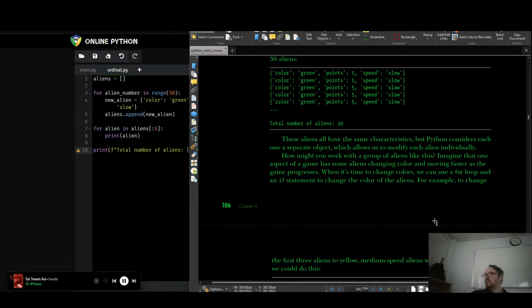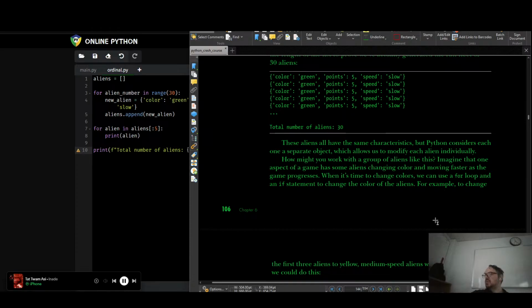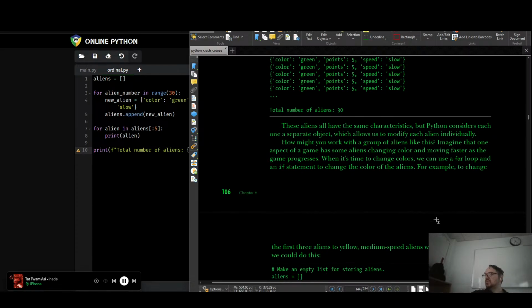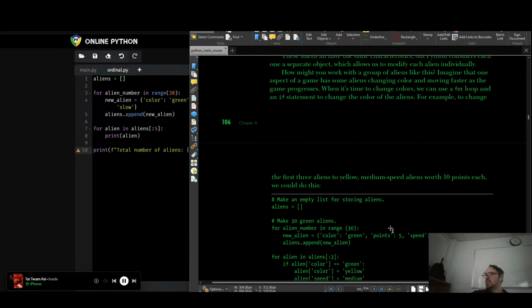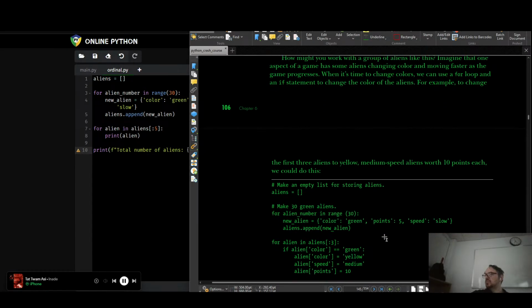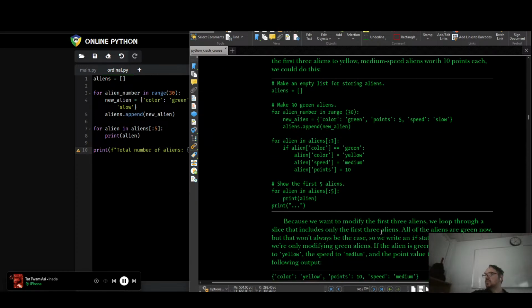For example, to change the first 3 aliens to yellow, we could do: for alien in aliens, for the first 3,